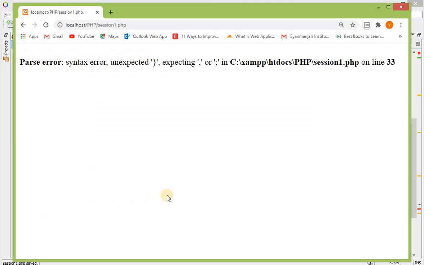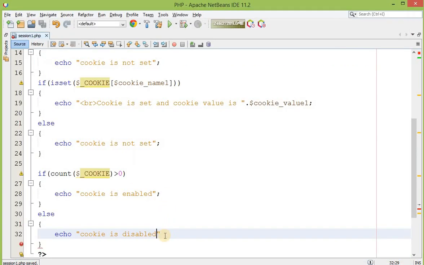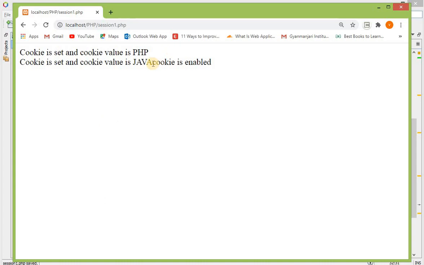Save this, execute this. There is one mistake, I forgot the semicolon. Execute this and you can see the cookie is enabled.